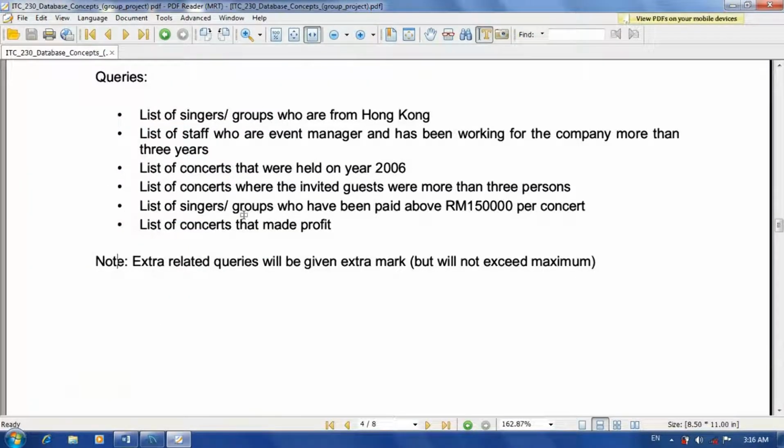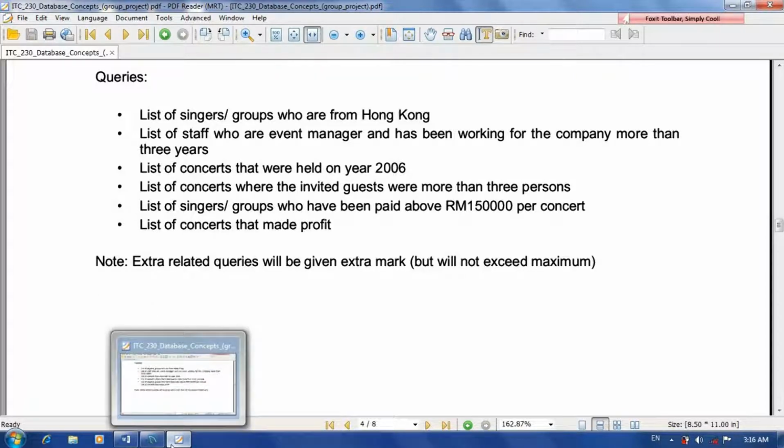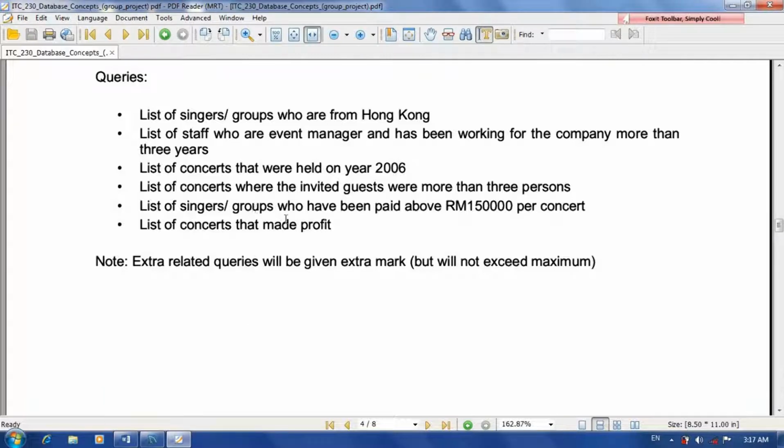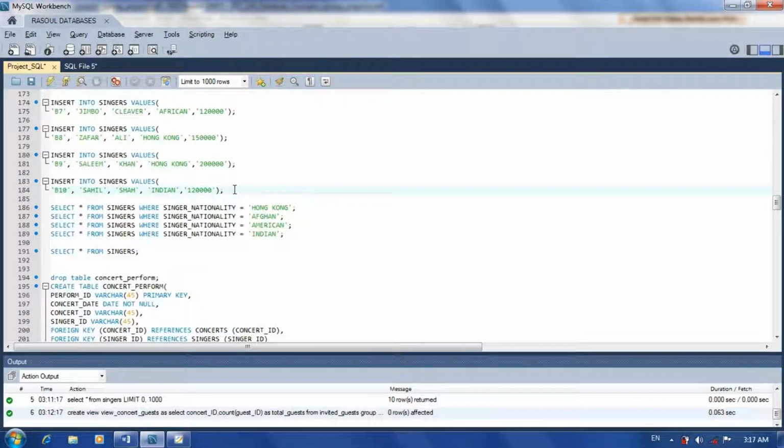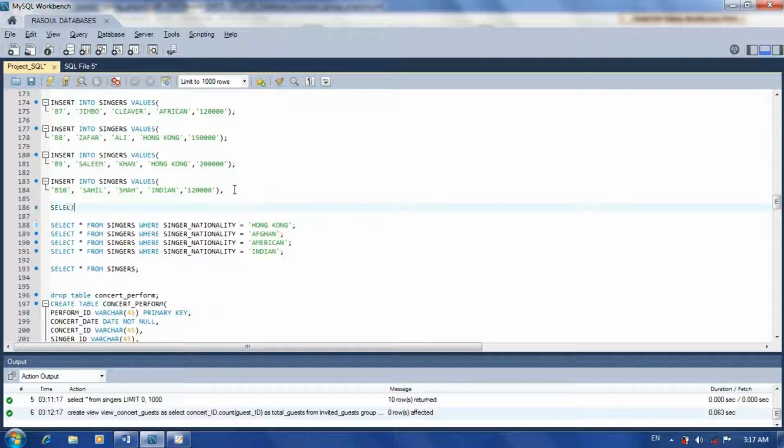List of singers or groups who have been paid above 150,000 per concert. Now let's do this query. It wants those singers or groups of singers who have been paid more than 150,000. Let's type here, because I have all the values here. I use a query: select all from singers where